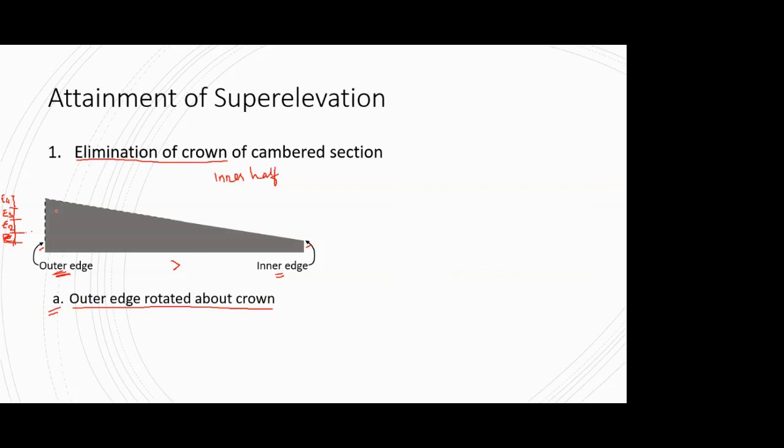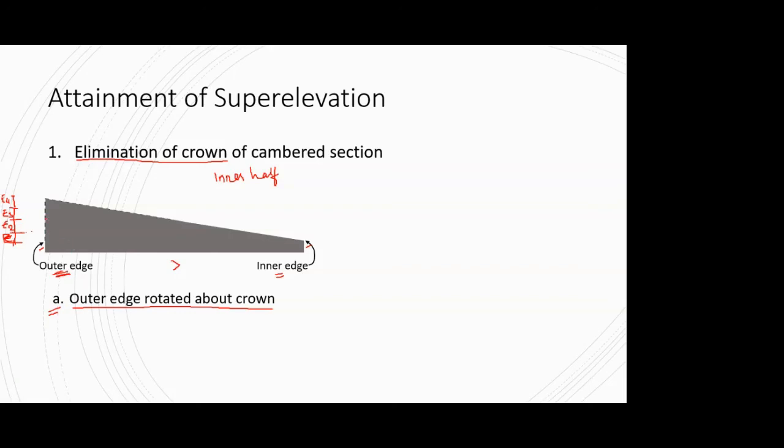Straight, as in this will be the cross section of the pavement when your circular curve will actually start. So from straight section to circular curve, we have to go on raising this outer edge. For this purpose, we require some length or some distance between the straight section and the curve section, and that distance is covered by a transition curve. At this moment, you do not need to worry about what the transition curve is. We will be covering that in detail in the next lectures in this unit itself.